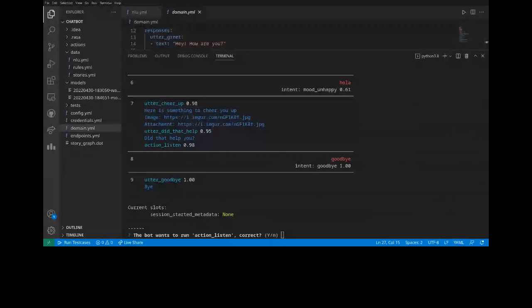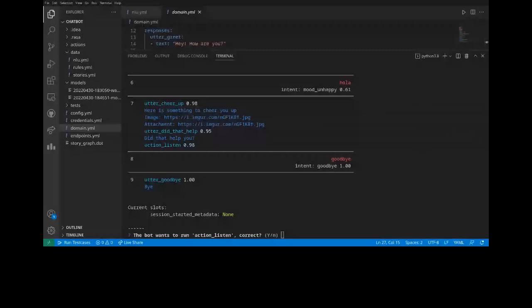So the bot will say, okay, what kind of pizza? So the user will say, okay, this kind of pizza, and let's say in the middle the pizza type the user said is wrong. Now we don't have any way to find that in rules.yml, and that's where stories come in.